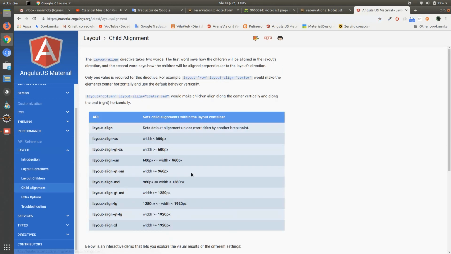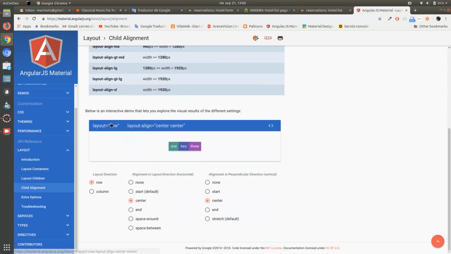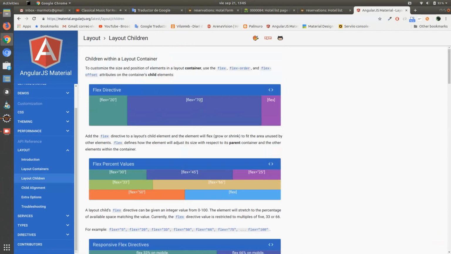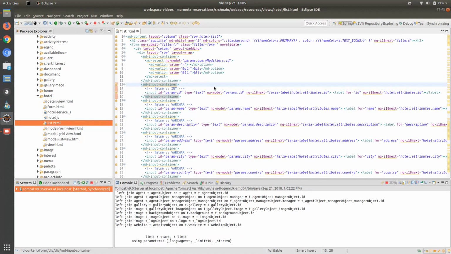And we can see how to align. For example, if you want in the middle, layout row, layout align center center. If you want space around, you can put it here. If you want space between, and so on. And you can lay out your HTML easily using this functionality. Also, you can use the flex directive in order to specify the length of the fields. If you specify 20%, 70%, and the rest. So we can use also this information to present